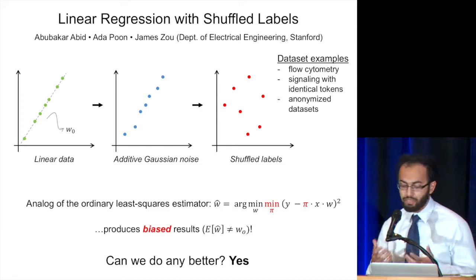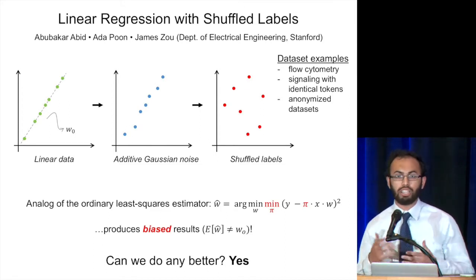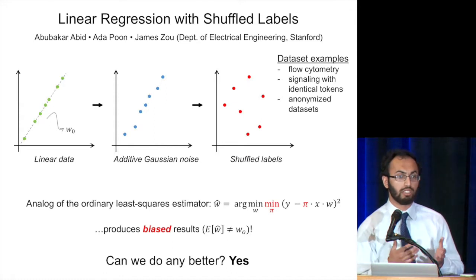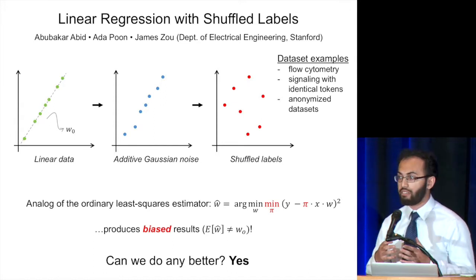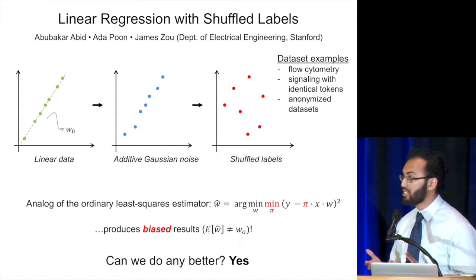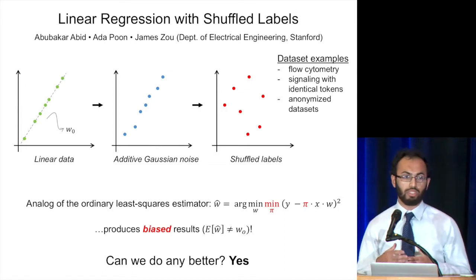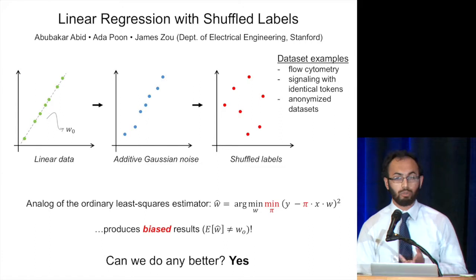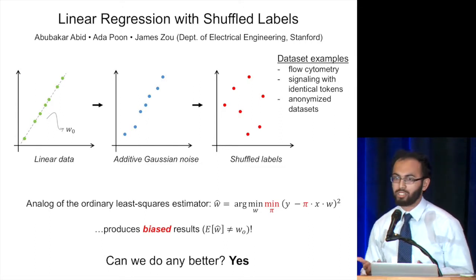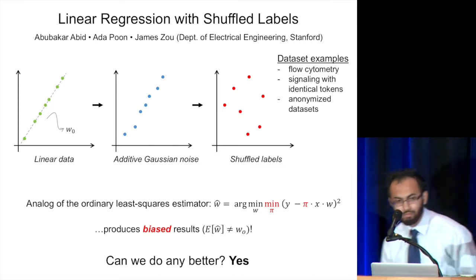So it turns out the naive way of doing this, which might be to try different permutations to see which gives the best linear regression, fails. It's not consistent statistically. So we came up with a better way of doing it, which is both statistically feasible and computationally feasible. So come by our poster, and I'd be happy to tell you more.